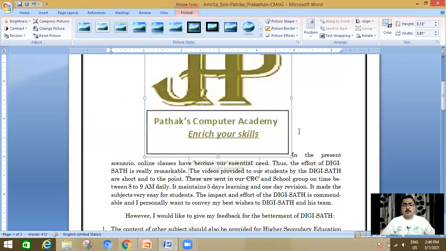Now, if you want some changes in how my image will appear, you can see that after the view, a format tab appears and you can change the brightness, contrast, recolor, compress picture, change picture, reset picture and all other options available like this.